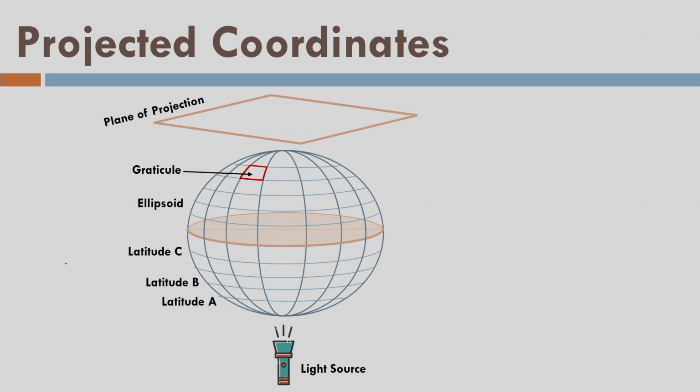So this is one graticule. So there are many graticules shown on the ellipsoid. Okay, now let us say there is a light source which I put at the bottom, at the south pole of the ellipsoid, and now because of the light source, what will happen, all the lights will go like this and they will project the points on this plane of projection, and because of that you will get some kind of figures. So let us try to make those figures.